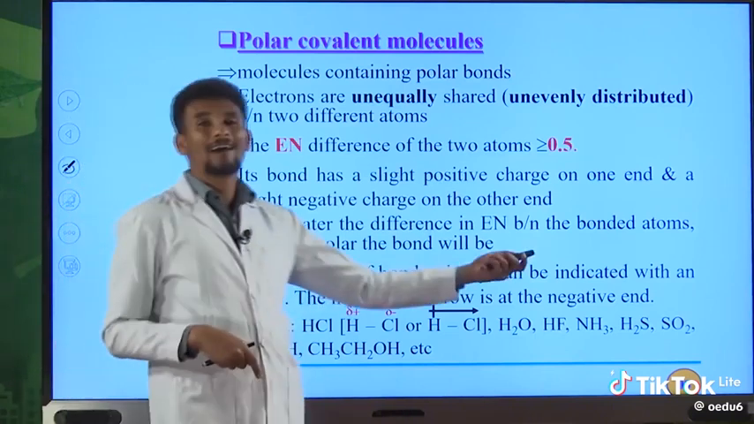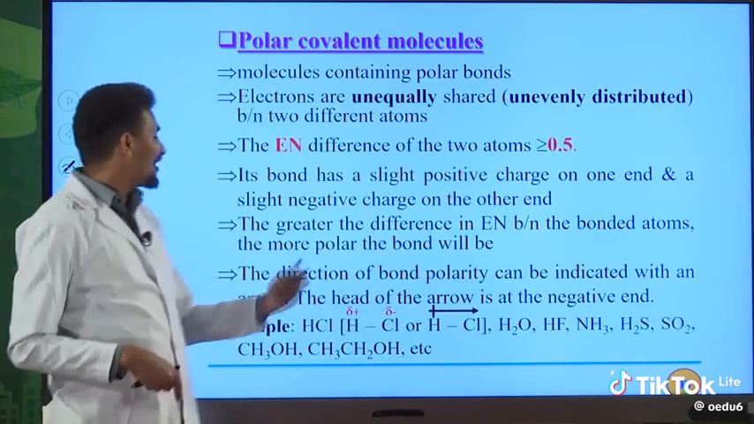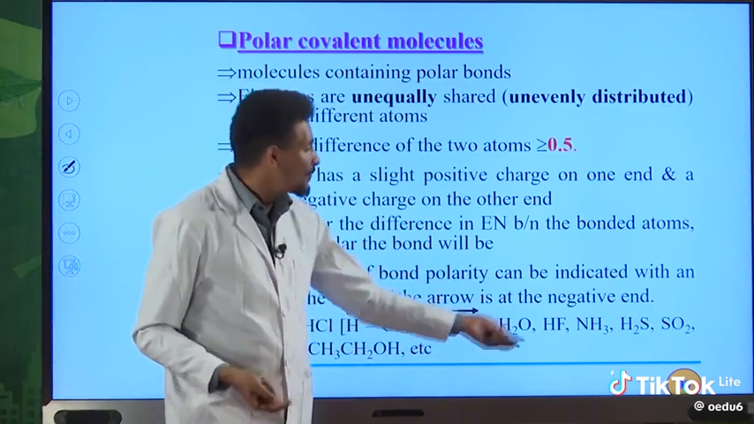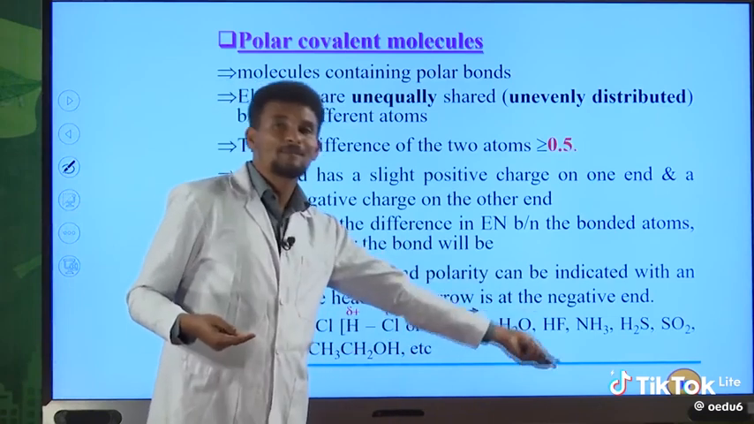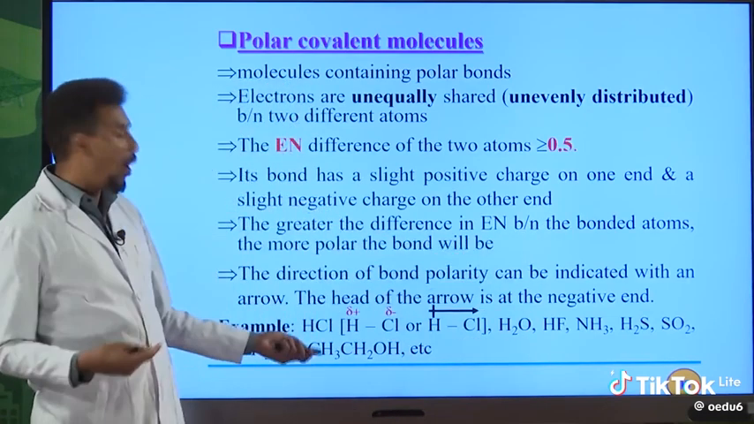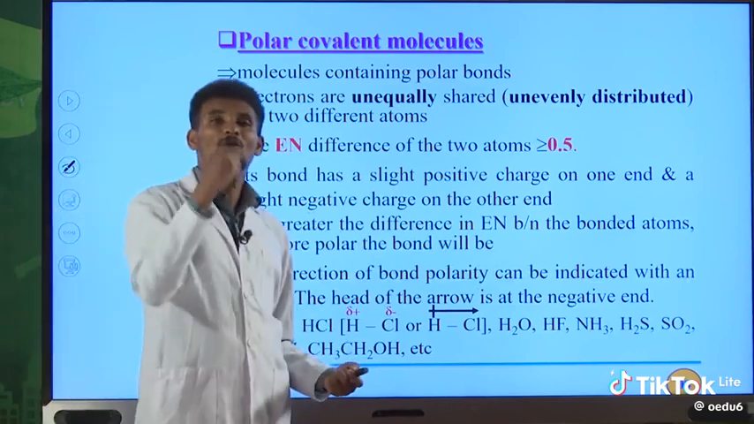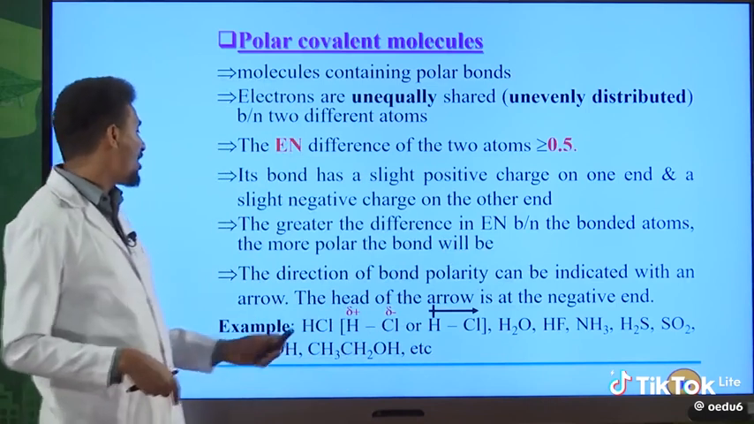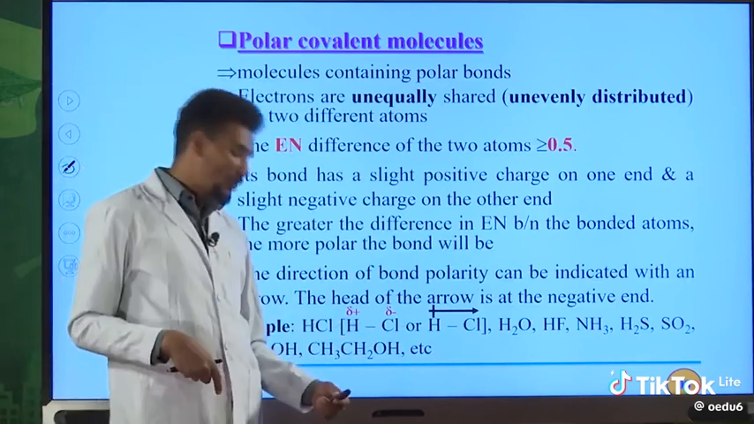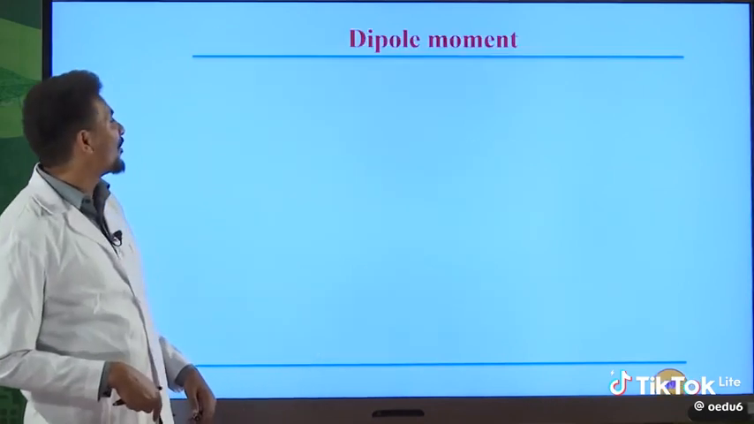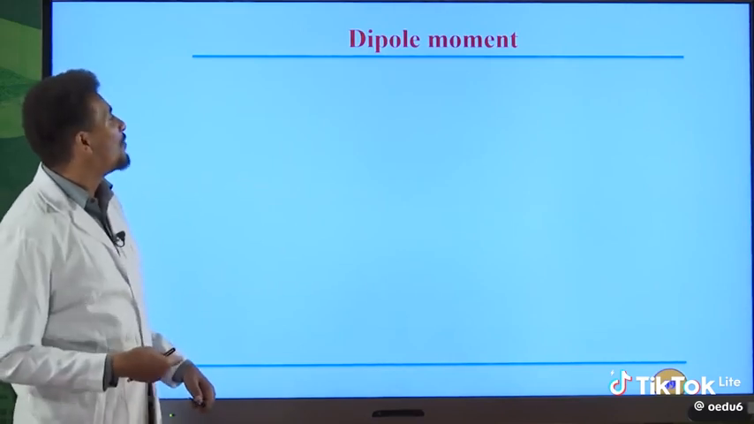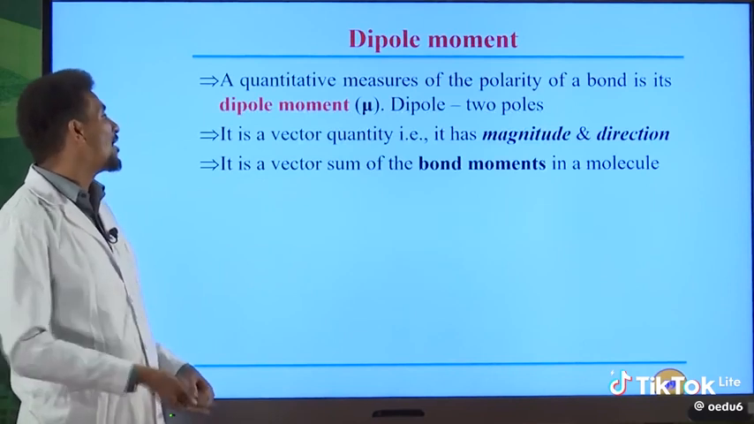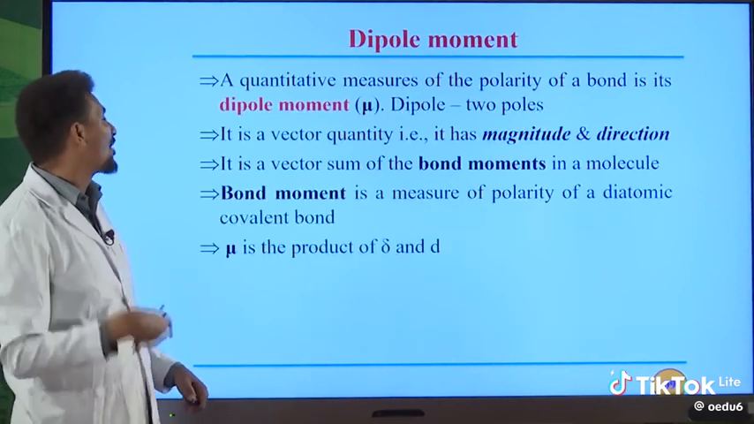All of them are polar covalent molecules: hydrogen chloride, hydrogen fluoride, water, ammonia, hydrogen sulfide, sulfur dioxide, methanol. This is an oxygen containing compound of hydrocarbon. It is also a polar covalent molecule. Ethanol is also a polar covalent molecule. So we can easily identify polar molecules by using their electronegativity value, and by using dipole moment we can also